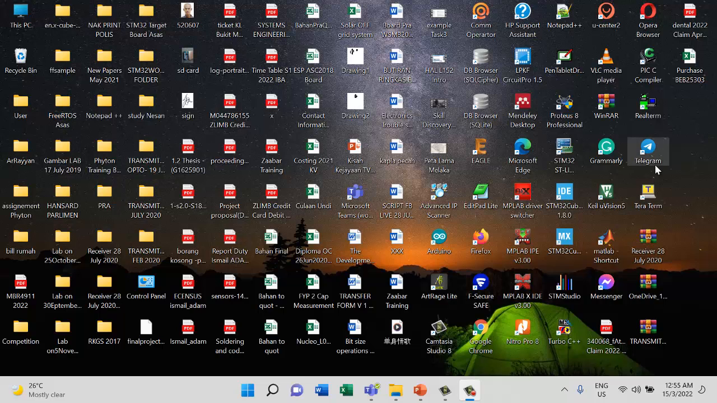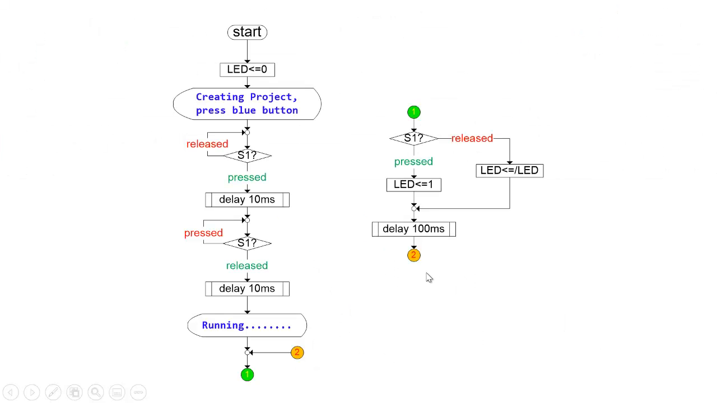Okay, in this first video I will show you how to create a project in STM32, then write, build, download and test the code. Alright, so for this project we will work on a simple project. So start with the offline and then create